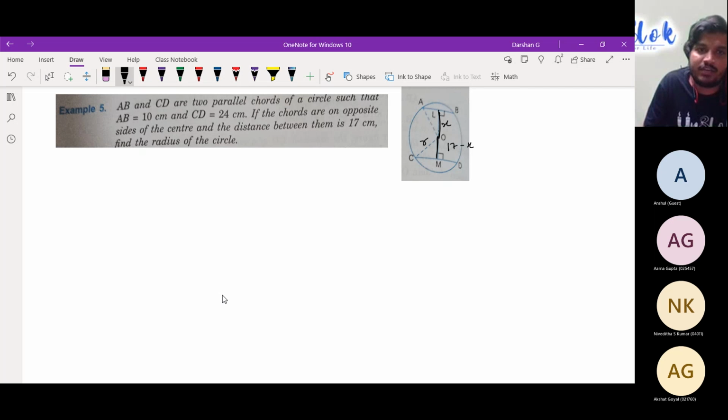Use that idea. This is R, we know. AB is 5, we know. This one is 12, we know. So again, equate for R. You will get the answer for X. Once you have the answer, please let me know. You have to have one answer for X and afterwards find the answer for R.